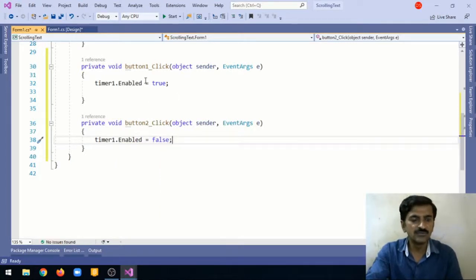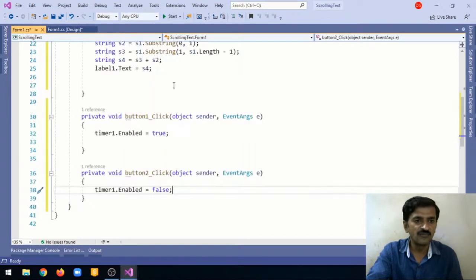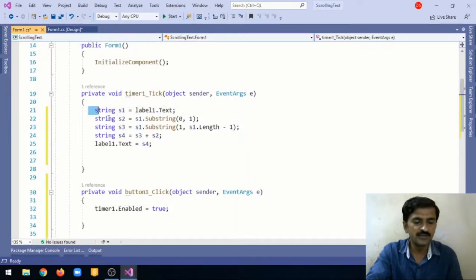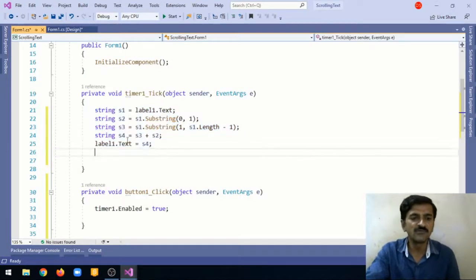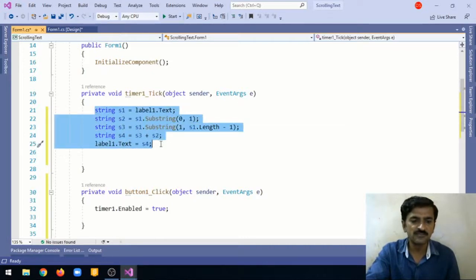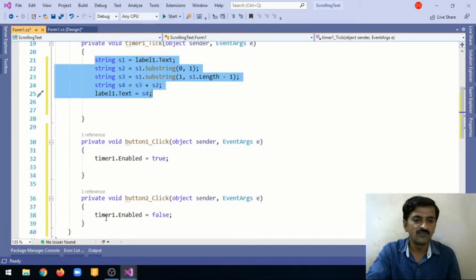When I click on the start scrolling button, the timer will start its work, and the work that we have specified is available in the timer tick event, the timer tick function. Inside the timer tick function, the timer will perform this task after 100 milliseconds when we click on the button, and will stop performing that task once we click on the second button.